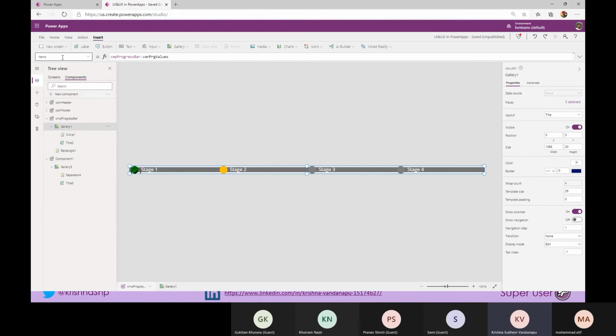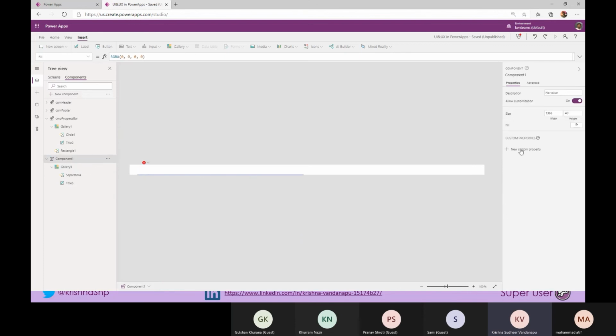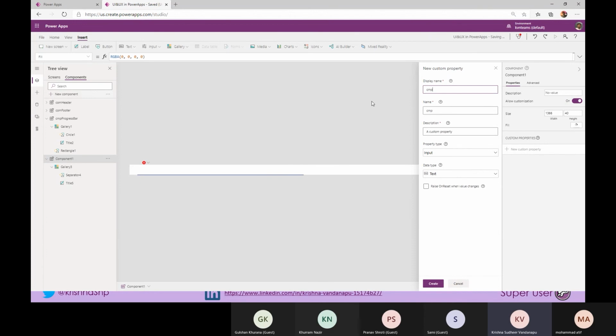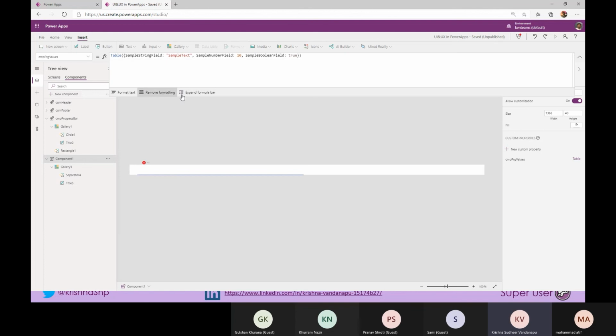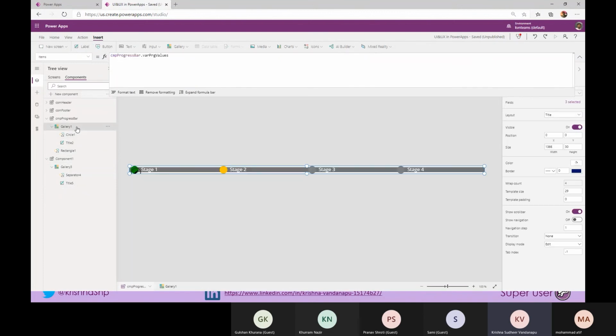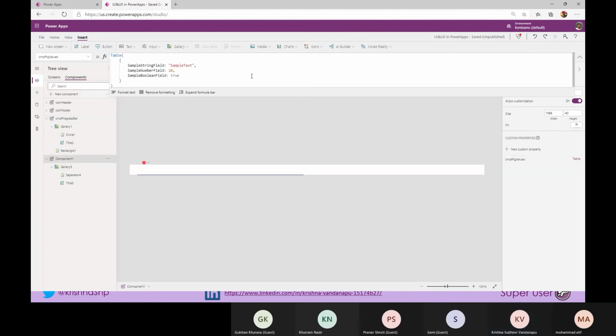What exactly is in this is my collection with all my label values. If I see this Items property, I am going to create a custom property. The first thing is I'm creating a custom property called component progress values, because I need it to show as part of my progress, which is a table. When I create a table property and go to it, Power Apps by default automatically creates one table which shows what I wanted. Taking time into consideration, I am not going to recreate that because I already created it. Let me take that.